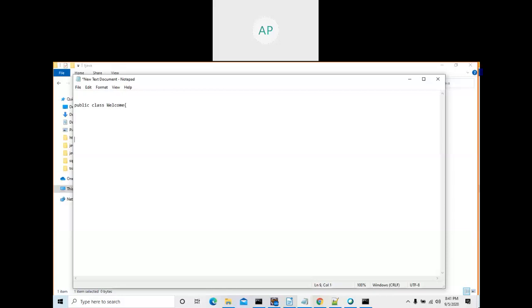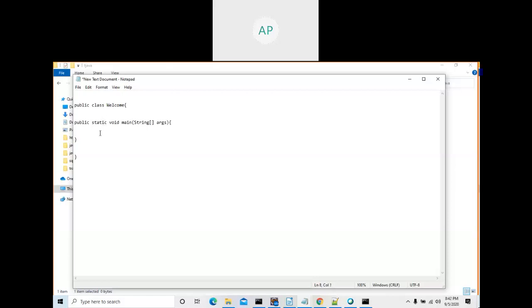Welcome, starting. I am creating one Java file, meaning how will you create a text file? Right click and create a new text file, dot txt. Same way we are creating one Java file. So image file, text file, Java file. We have to write all our Java code in a dot Java file, not in a dot txt file. Now I create one method: public static void main, String array args. Leave it as of now.